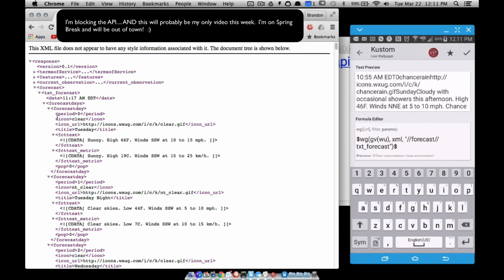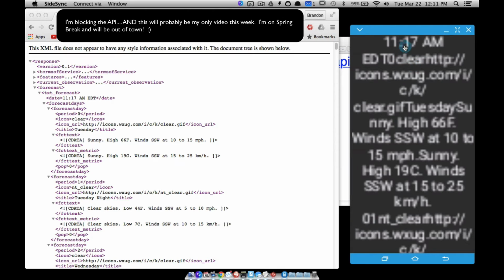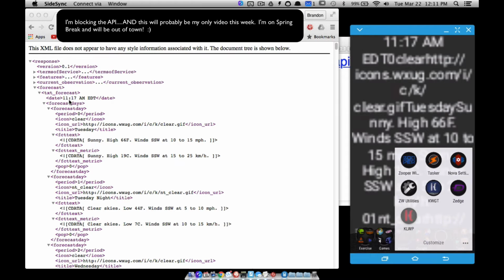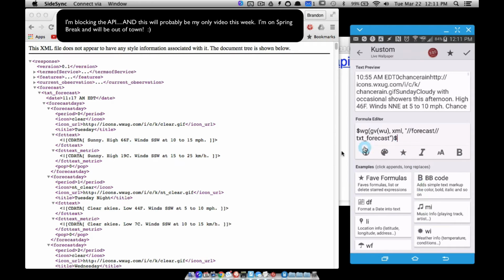Okay, 10:55. Here it says 11:17. I guarantee if I check this, save it, and go back to the home screen, look, 11:17, I know it's blurry, 11:17. So it's returning forecast, text forecast, and now it's saying 11:17. I know that's very blurry because we're going to narrow this down even more. Okay, let's narrow this down. Where are we at in our path? We are text forecast, and suppose we want